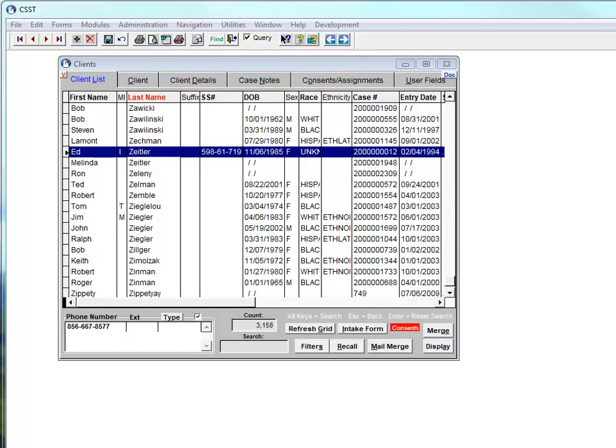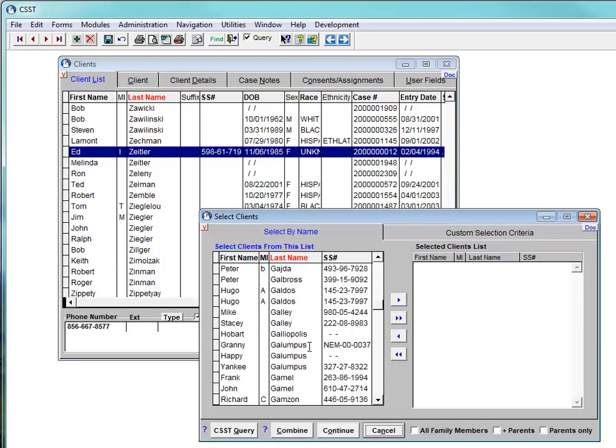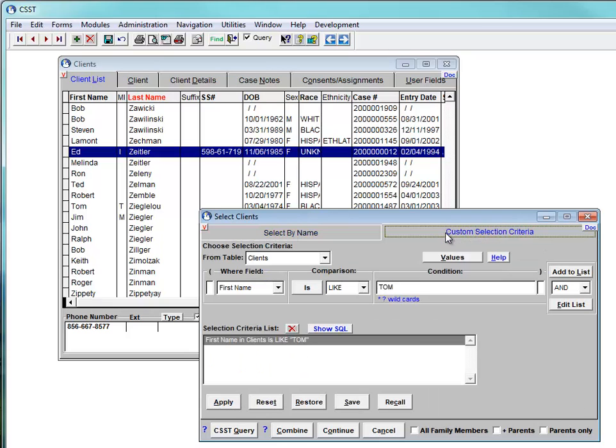This is part two of our series on filters, specifically oriented towards client filters to start out with, and we want to get right to the meat of the matter. So let's click the filters button again on the client's form. Brings up the select clients dialog, otherwise known as the filter builder. We want to go to the second tab page, which is where we start to get into building custom filter